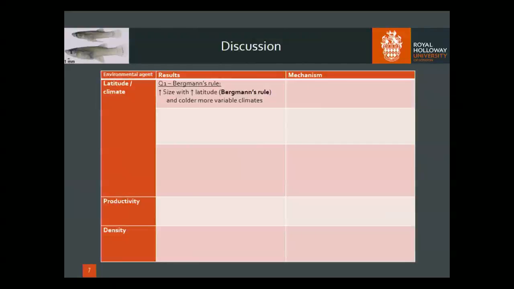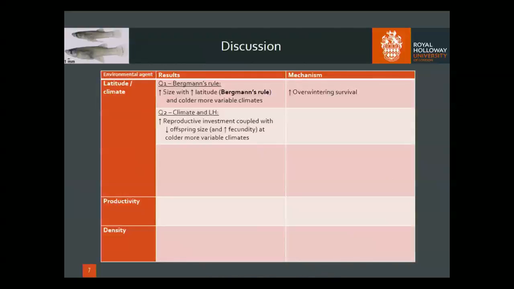But in particular, our data set, which was almost a coincidence, was sampled in late September 2011, which basically means that for the northernmost populations, it's very close to the onset of the first cold spells. So if there is a pattern where, as we assume, body size is largely responding to overwintering survival, which in fish has been shown to be higher for larger individuals across cold, prolonged periods in the winter, then we would expect to find this pattern late in the season before the onset of winter. Potentially, even in Gambusia holbrooki, if we had sampled a couple of months before, we might not have found the same pattern.